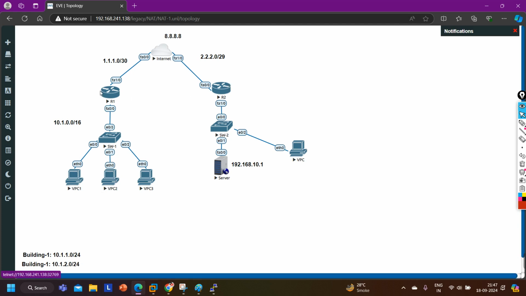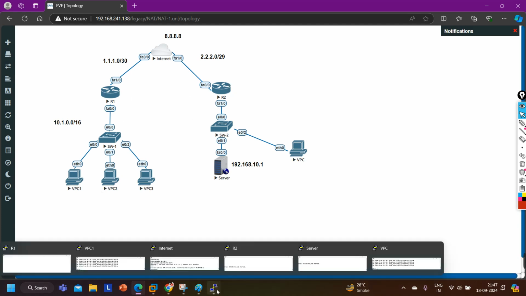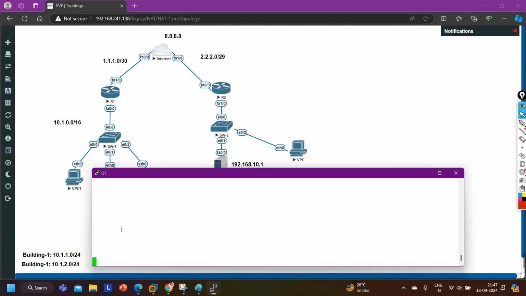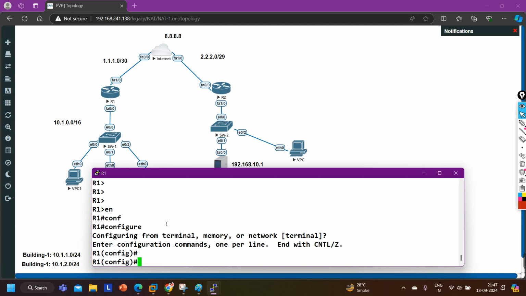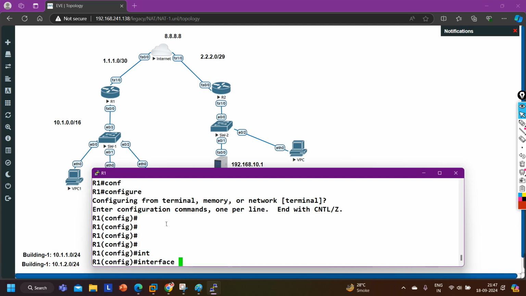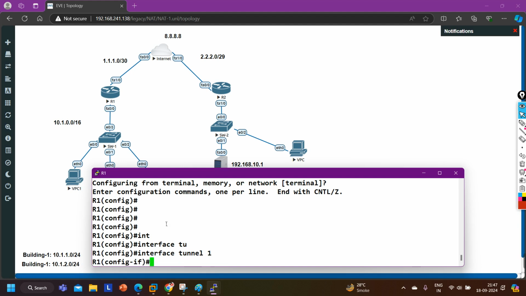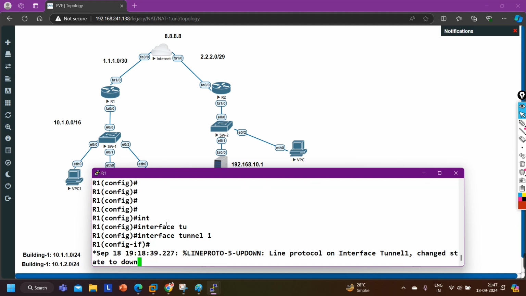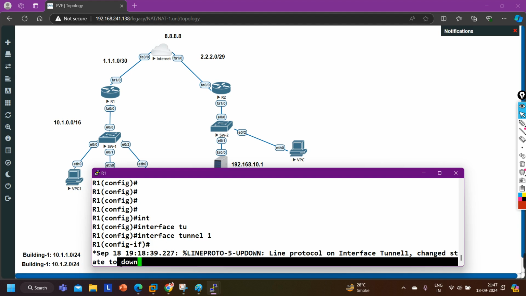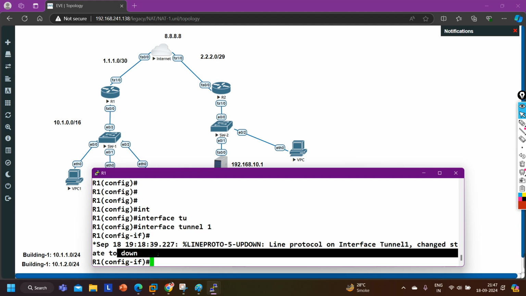Now how do we create the VPN between router 1 and router 2? See, on router number 1, config t, I'm saying interface tunnel 1. So my tunnel is created, but the tunnel is down. The reason is we didn't define the tunnel source and tunnel destination.